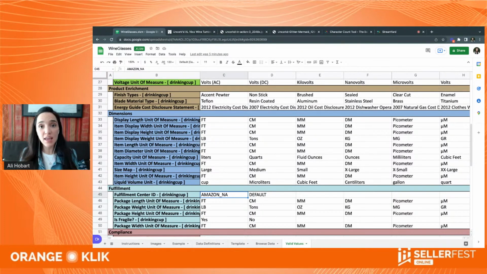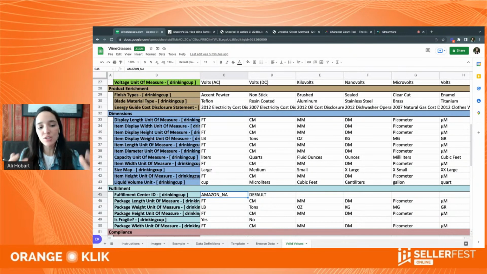If you don't put anything, as I said, it's not a required column. If you don't put anything and you have a fulfilled by Amazon product, then Amazon might convert your product into fulfilled by merchant. After the changes go through, your product will be converted. And it's not a big deal. You're not going to lose your inventory. You just have to convert it back to fulfilled by Amazon, but you may have to do that manually. So it could be a headache.